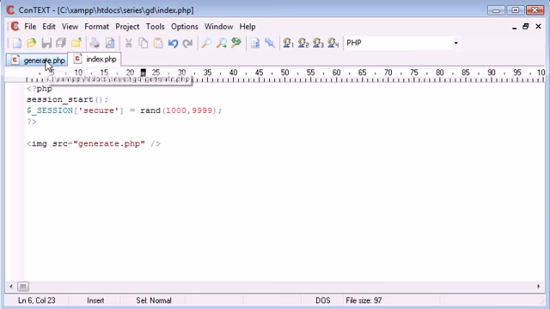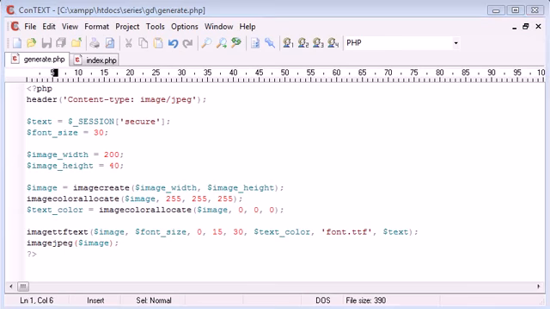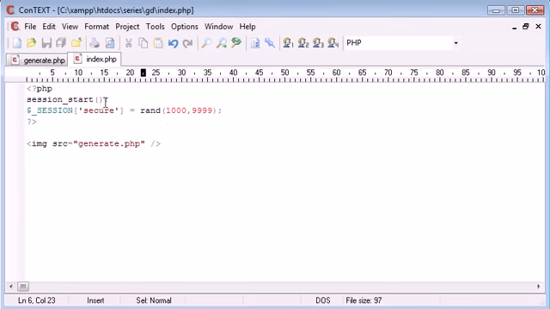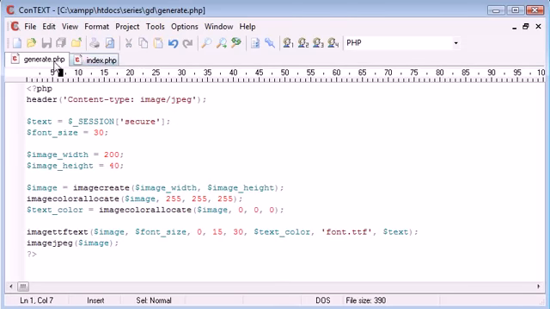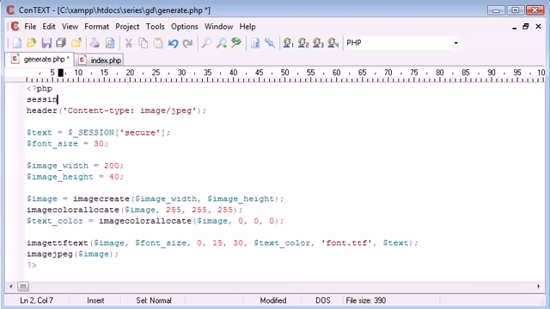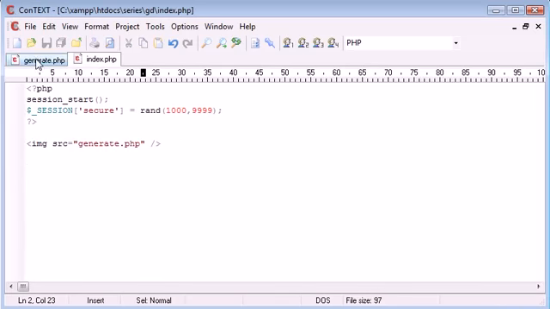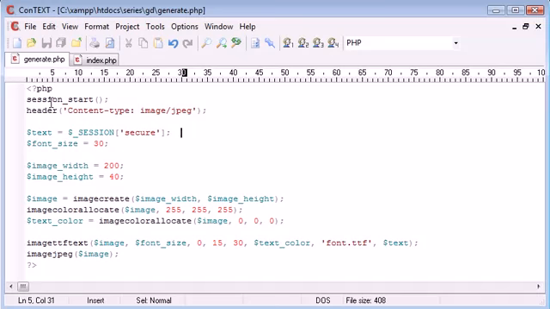Okay, so it hasn't worked, so we need to work out exactly why it hasn't worked. So let's have a look inside our generate.php file. I know. What we haven't done is, even though we're declaring our session up here, we're starting our session rather, in our index.php file, we still need to start our session in generate.php. And the reason for this is that we're accessing session data here as well, and although we're including it in here as an image, it's still regarded as its own file. So remember to include session_start at the start of this. So let's go back